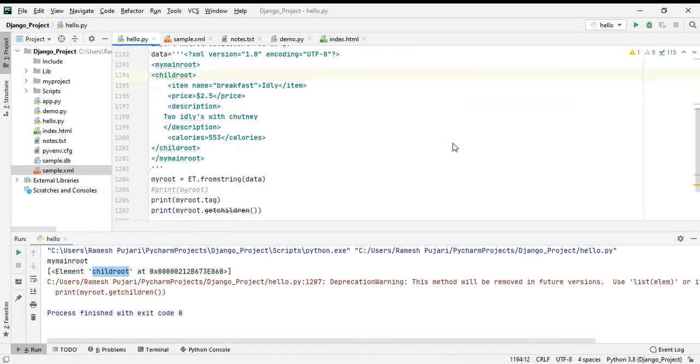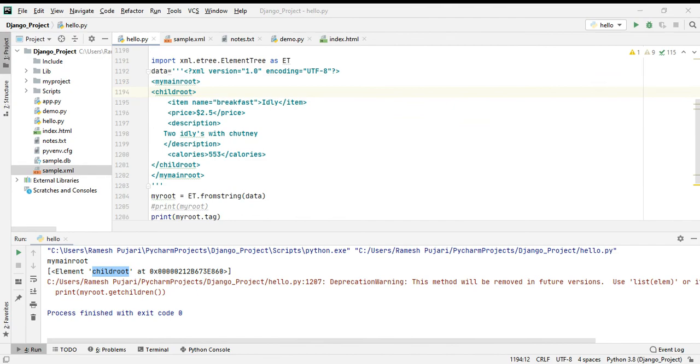Okay, this is an example. Now I will explain the next one.